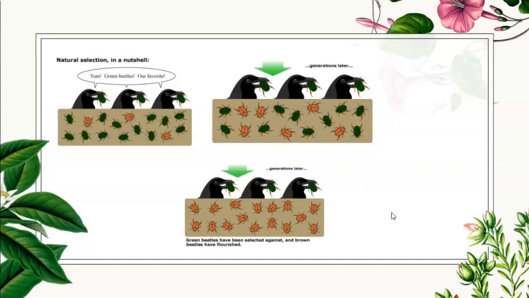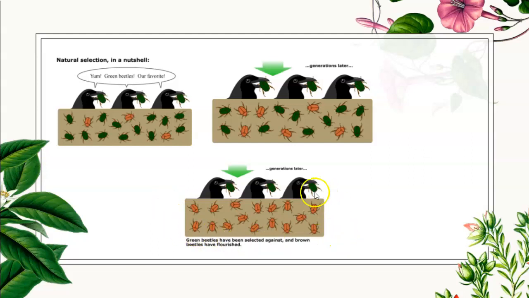and survive. So if we look at over time what's going to happen to a population, this can happen over generations and generations. You'll notice we're eating the green beetles here. There's a few brown beetles. We're eating more green beetles, but now you'll notice that these 3 brown beetles pass their genetics on to another set of brown beetles. So now there's a new generation, and you're noticing that there's more brown beetles in the population. Again, time passes, and eventually we've selected against all the green beetles, and the brown beetles have now taken